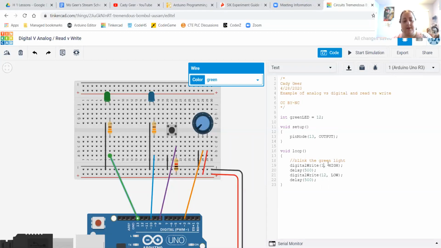Now, I only have it in 3 spots right now, but imagine this is a much bigger program. I would need to change it a lot more places. Instead, if I have this, and I reference greenLED,